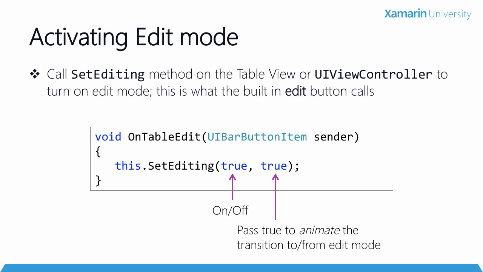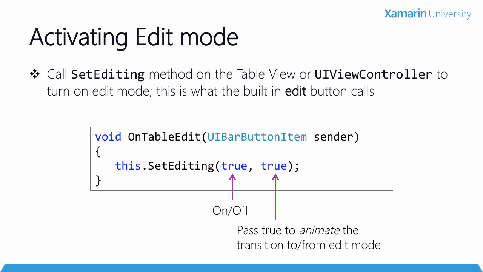The first indicates whether edit mode is on or off, and the second indicates whether the transition behavior between these two modes should be animated or not. This method will locate any child table view owned by the view controller and call a setEditing method on the table view itself to activate edit mode. This will in turn call setEditing on each visible UI table view cell to either turn editing mode on or